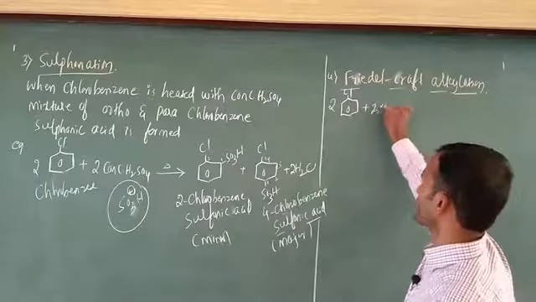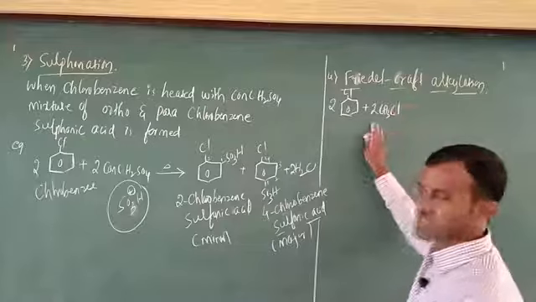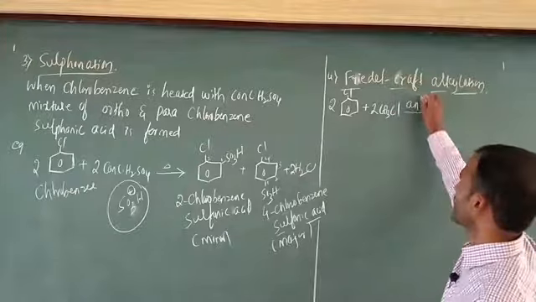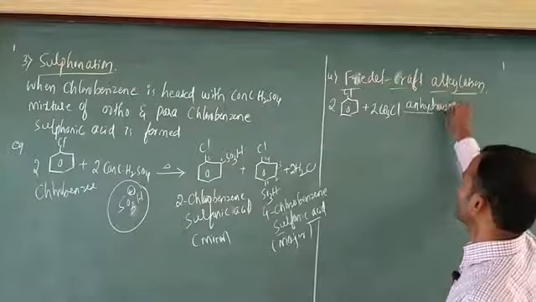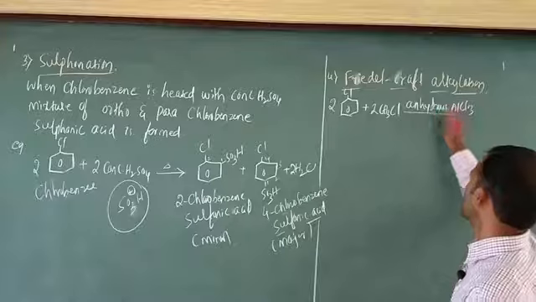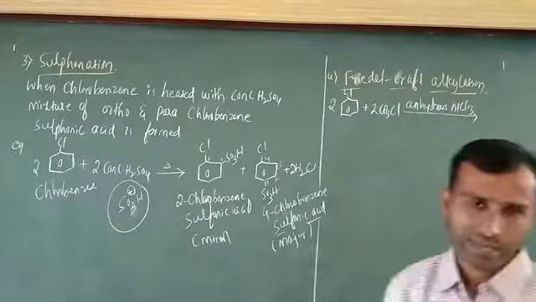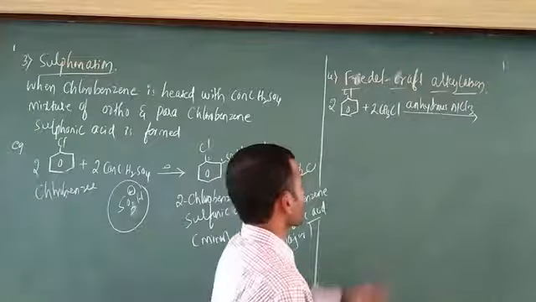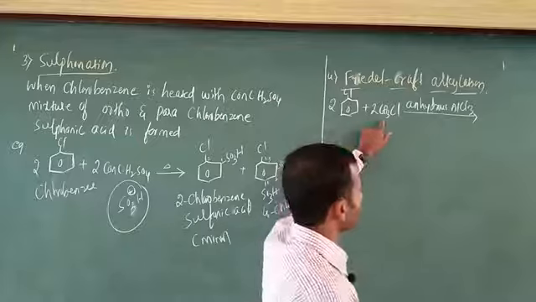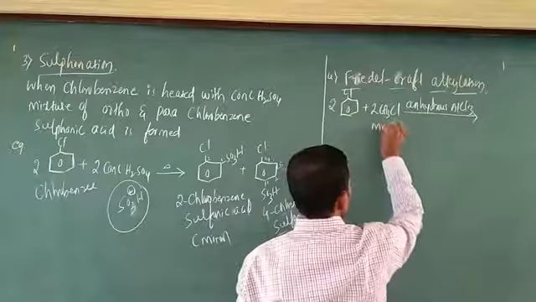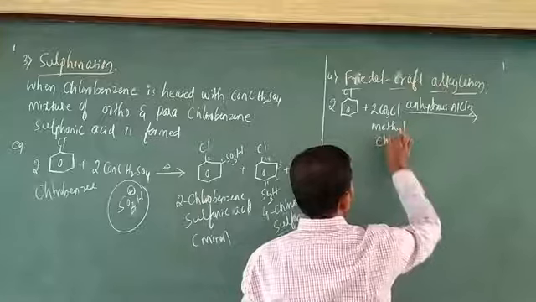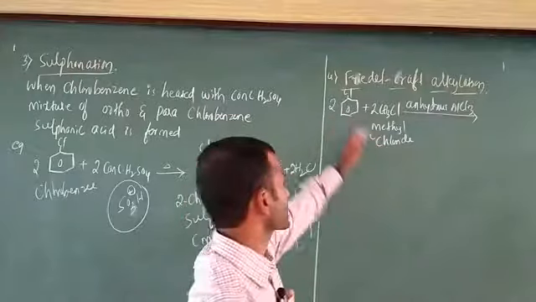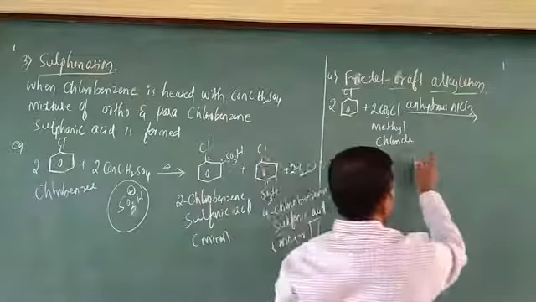After that they are going to add 2 moles of CH3Cl, which in this case is methyl chloride, in the presence of anhydrous AlCl3. Anhydrous means there is removal of water molecules; AlCl3 does not contain any water molecule. 2 moles of chlorobenzene can react with the methyl chloride. If you want you can write the naming. In the presence of anhydrous AlCl3 there is formation of 2 products, because there are 2 starting materials.